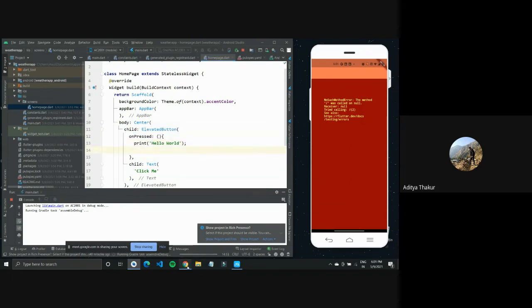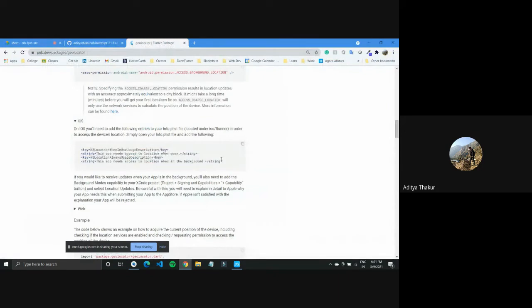We need to now get the user's location. So the goal is to now fetch that user's location. We would be tapping into the geolocator package for this location itself. And there are some commands that you need to write down for this geolocator package. You can always check the documentation, as in if you ever do not know what different commands are there, you can go over to the documentation, check that out once. I also have it on my GitHub repository.